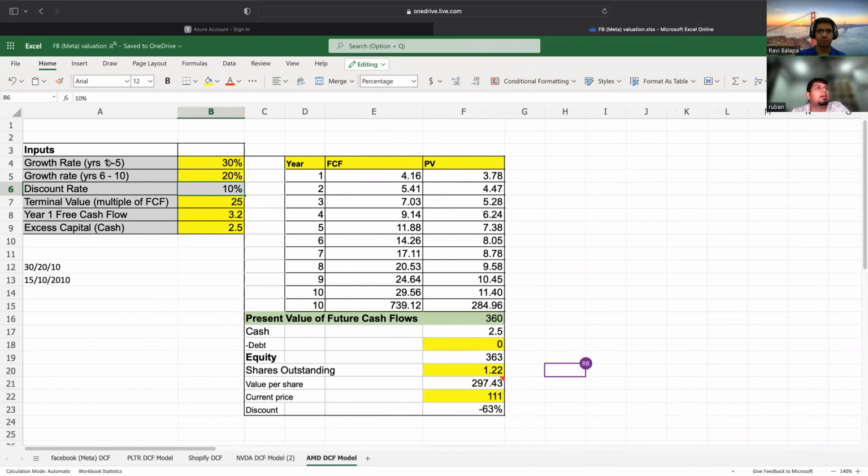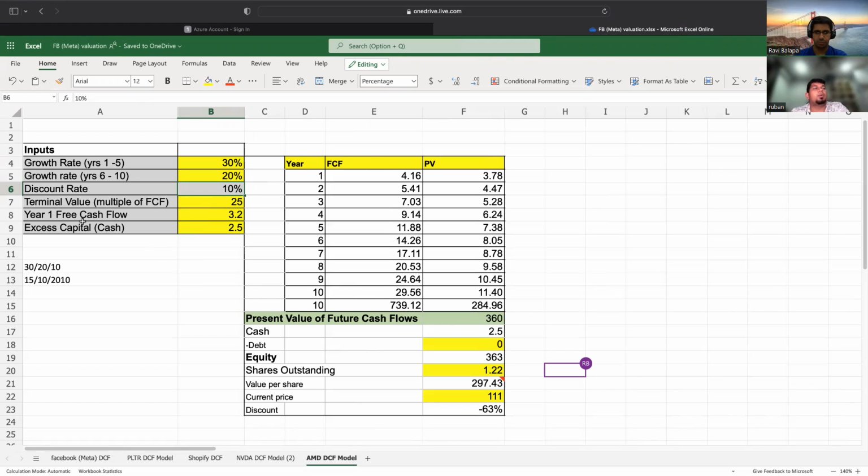As usual, we have the growth rate for the first 5 years and then the following 5 years. We estimate that AMD grows at least 30% for the first 5 years, and then 20% from then on. We are factoring in a discount rate of around 10%, because what they're selling are silicon chips, which are expected to adjust to the inflation rate, so we have a somewhat lower discount rate. And they're not just another software business. They are into core silicon, which is the backbone of pretty much all technology, so we give a higher multiple for their free cash flow.